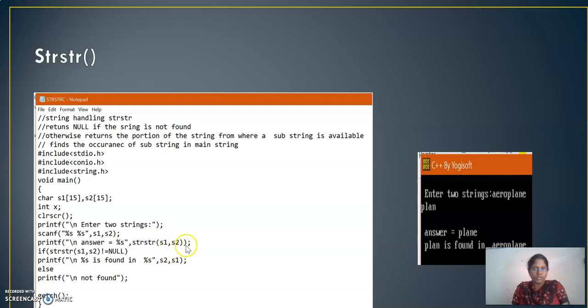What do you mean by this? In the main string "aeroplane", I have to find S2, which is "plan". So "plan" is found in "aeroplane". Yes, exactly. If strstr of S1 comma S2 is not equal to NULL, it is found, or else not found.